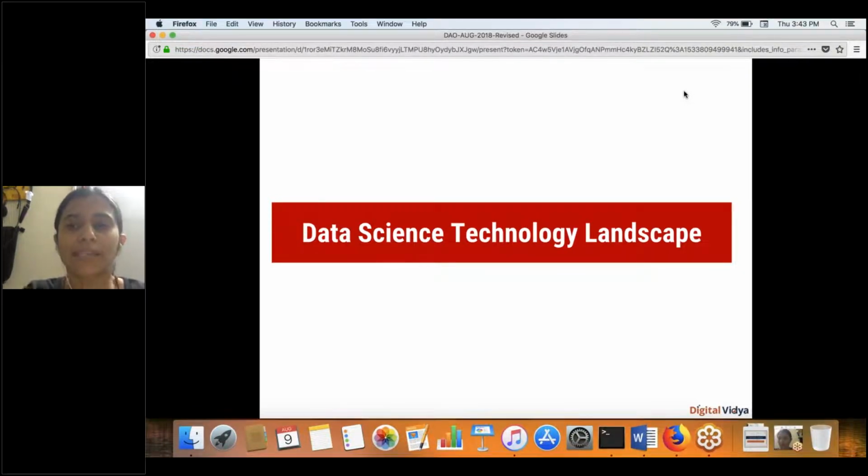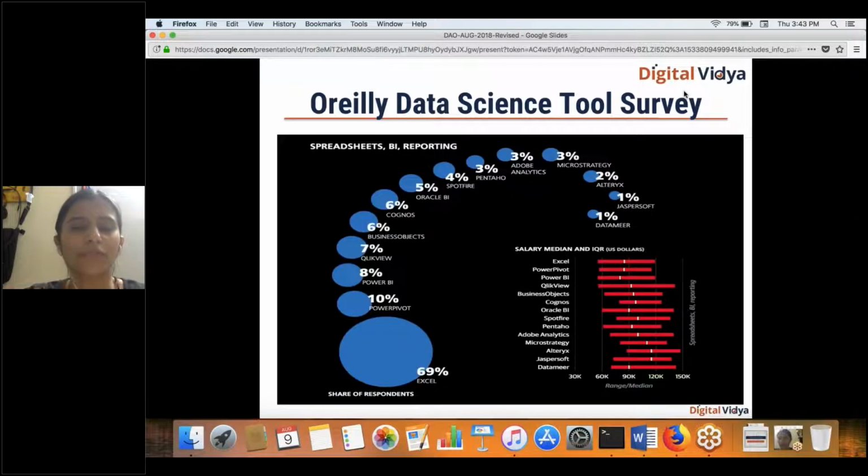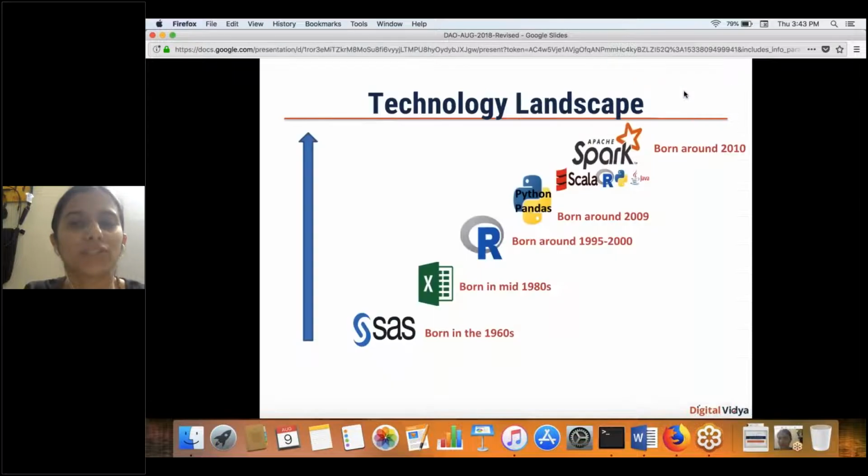In terms of technology landscape, as all of you have been reading on what is really required to do data science, there are multiple technologies, right? Very clearly, that's how the technology landscape is always built. There are multiple ways to do a thing. And pretty much everybody wants to understand where should you start off. When you are looking to build a career, where should you launch it? What should be your launch pad?